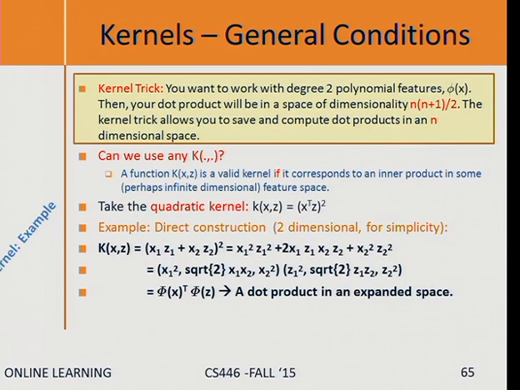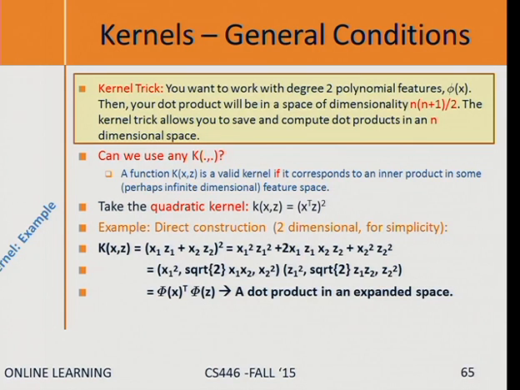What is going to be this high-dimensional space? You know it's going to be something with quadratic terms. And let's just do the algebra. So I'm computing k of xz, which is this guy. It's just this dot product, squared. Opening this up, and now let's do some imagination here. You can see that I can decompose this as the dot product of this vector with this vector. Okay? So I showed you that k of xz can be written as a dot product in an expanded space. This is the expanded space.